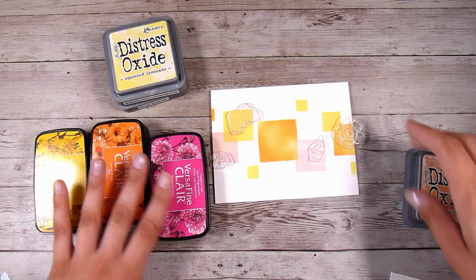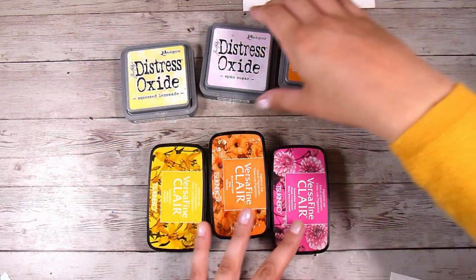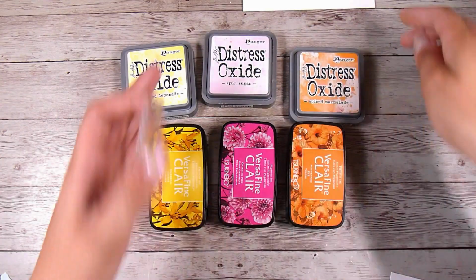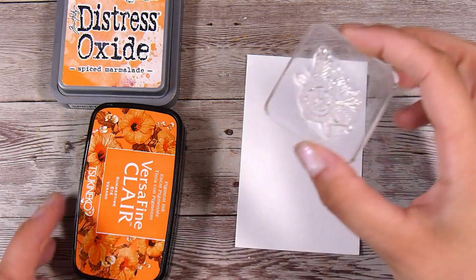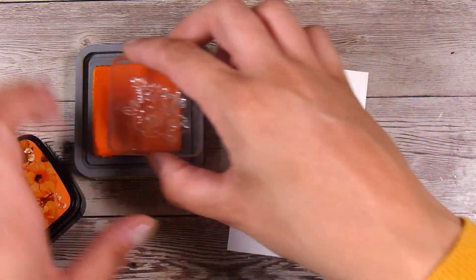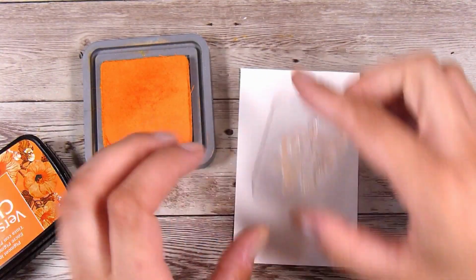Now, here's the thing. I was using my Oxides to blend the ink. However, I'm going to shift over to my VersaFine clear inks and I'll show you exactly why. So I have, not the equivalent, but I have a yellow, a pink, and an orange in both the Oxides and the VersaFine clear. Now this stamp is a silicone stamp and they can sometimes be trickier. But it's the stamp that I want to use. So I just want to show you quickly, if I ink it up really well in the